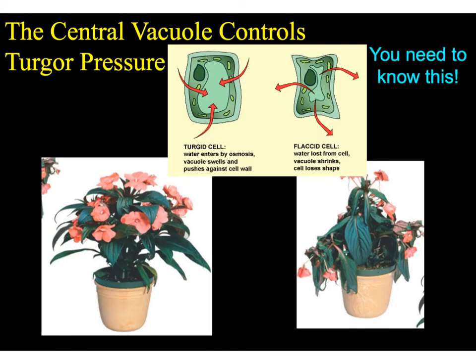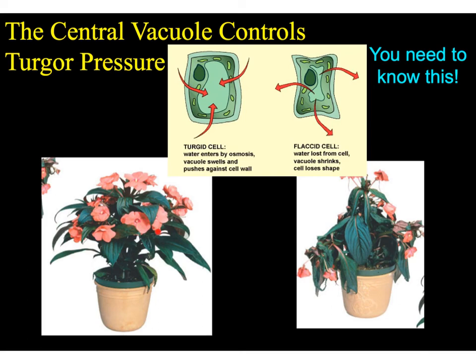One thing that's important about this central vacuole in plants that you need to know is something called turgor pressure. I'm going to explain what turgor pressure is. You need to know this for the exam for sure. So this central vacuole is so large that as it's filling with water, it essentially exerts an outward pressure on the cell wall, and that helps to keep my cell nice and rigid and strong, and it keeps the plant